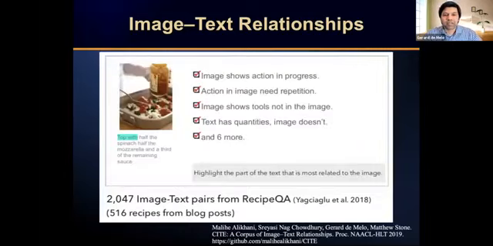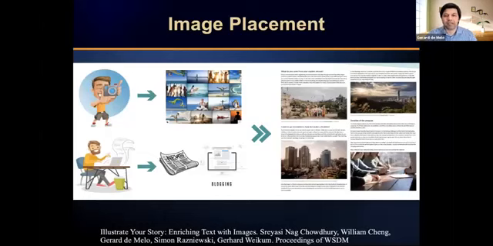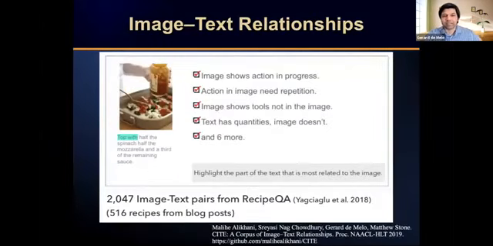And more generally, we also looked at some of the other collected data about some of the other aspects of the image-text relationship, such as which part of the text is most related to the image. And there are some interesting findings there. Basically, some parts are more typical to be in the text and not visualized, and other parts are typically visualized in the image. In some cases, the image is quite important. In other cases, the image is just for illustration purposes.